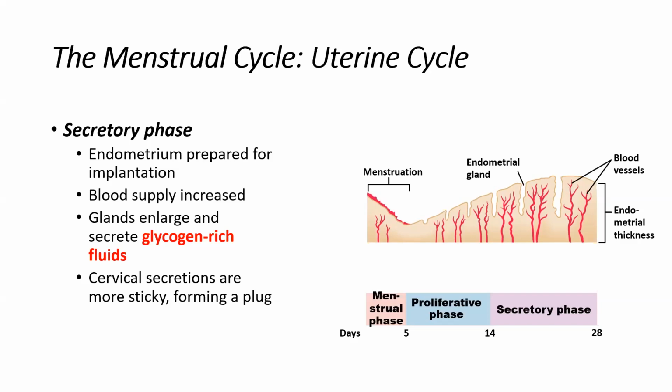We've got the glands secreting secretions that are rich in glycogen to supply the energy that's needed for the fertilized egg. Initially, we also see an increase in cervical mucus secretion, which creates this mucus plug, which prevents any new spermatozoa from coming into the reproductive tract, preventing any pathogens or bacteria from also entering, and creating this environment where that oocyte can implant successfully and begin the first part of a pregnancy.